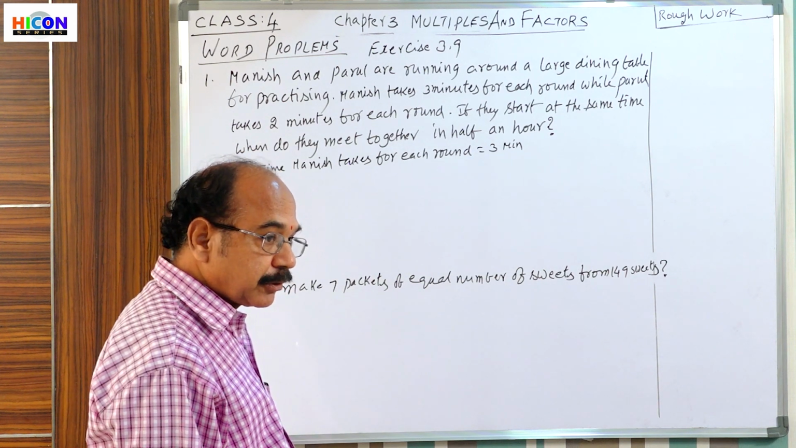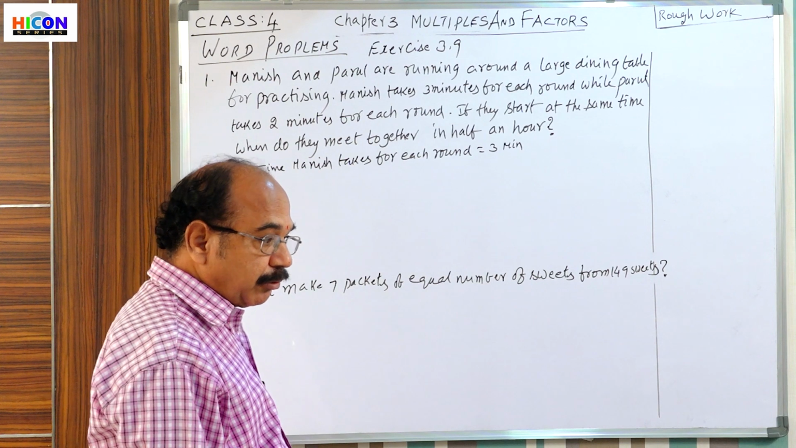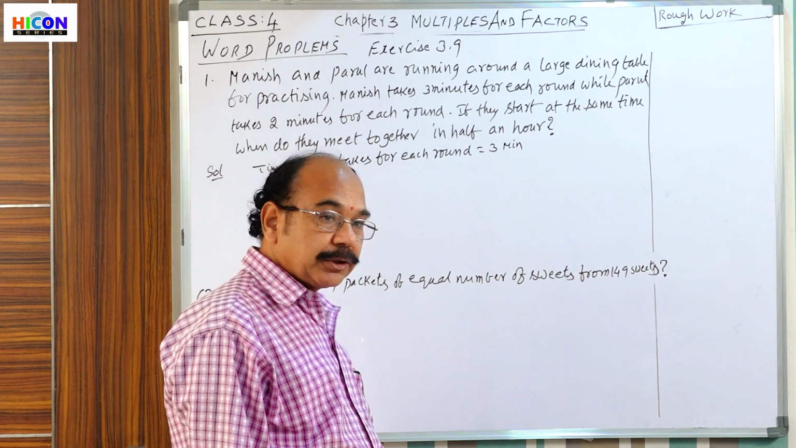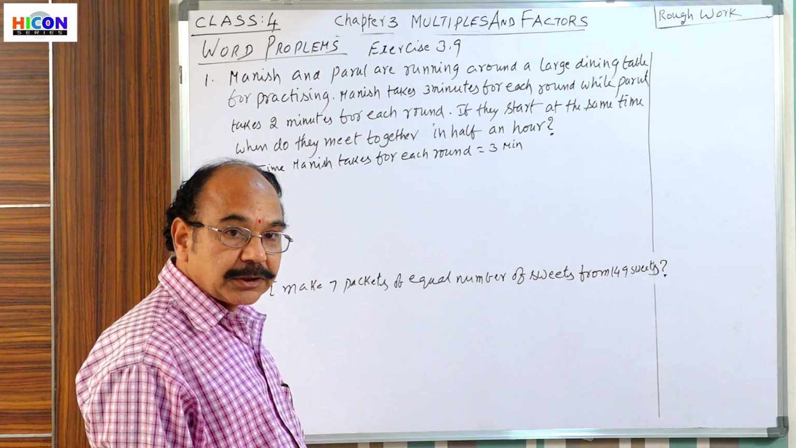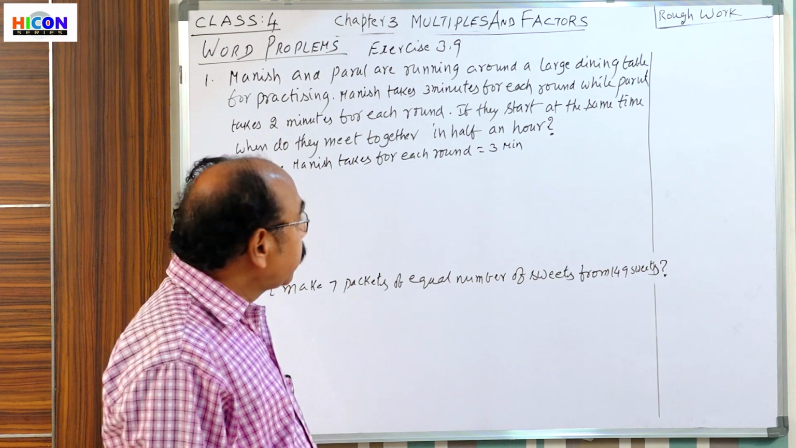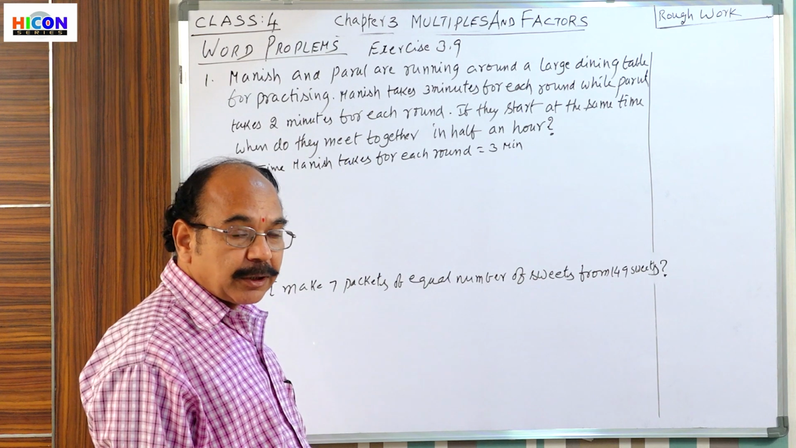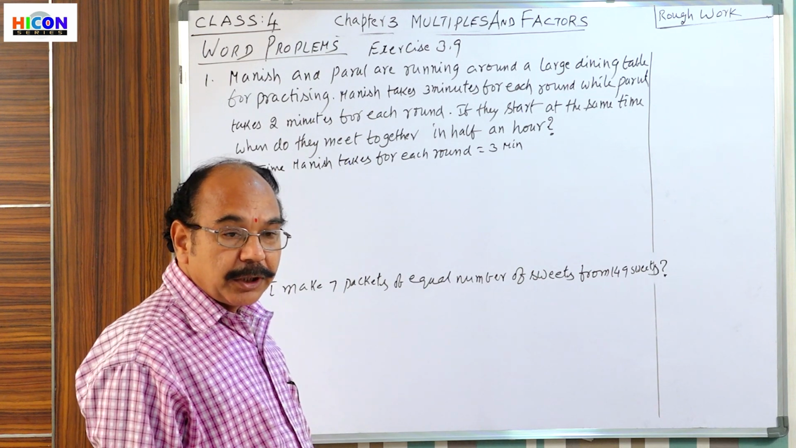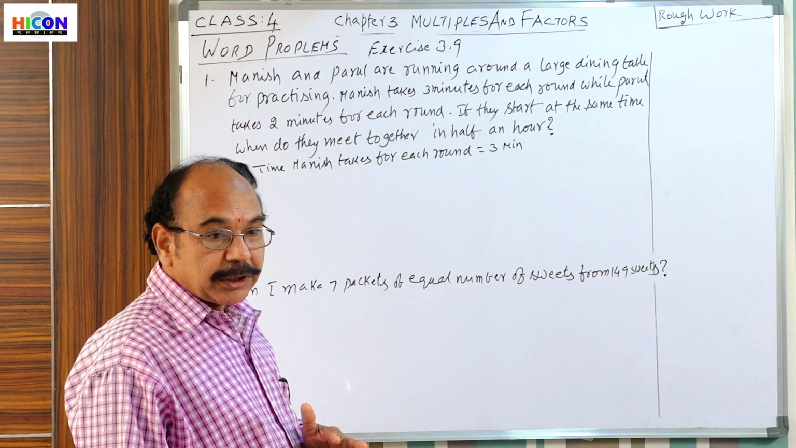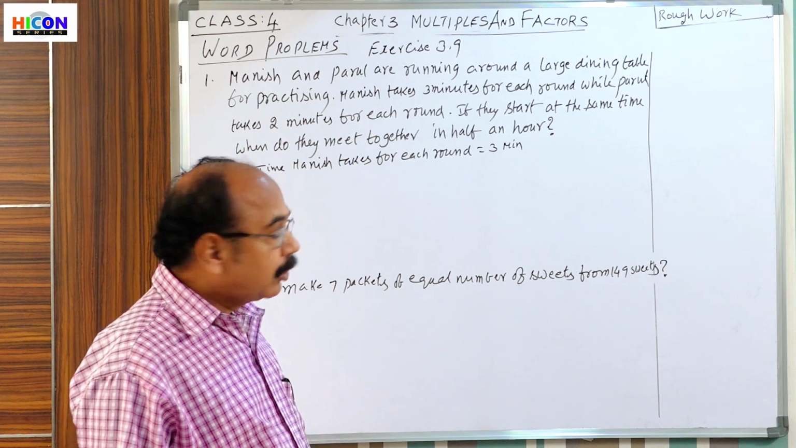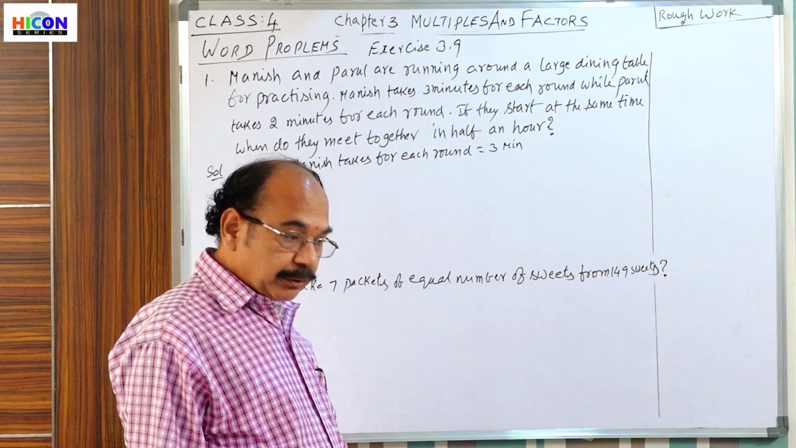That means 3 minutes first, one round over. Next 3 minutes, that means 3 plus 3, 6, another round, like that. Next 3 minutes, 6 plus 3, at 9 minutes he can complete one more round. Next 9 plus 3, 12, at 12 minutes he can complete one more round, like that. That means in the multiples of 3,